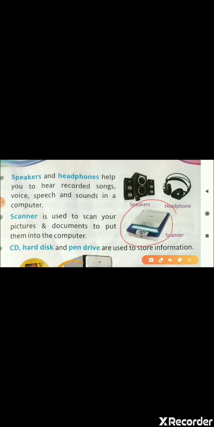I'll give you an example. If I have written an essay and I want to send that essay into my computer, I will open this scanner machine, and inside there is a place where I will fix my paper, and then the scanner will scan my essay, and the essay will be converted into computer data. So this is the use of a scanner. It's similar to a photocopy machine. You have all seen a photocopy machine, I suppose, right?